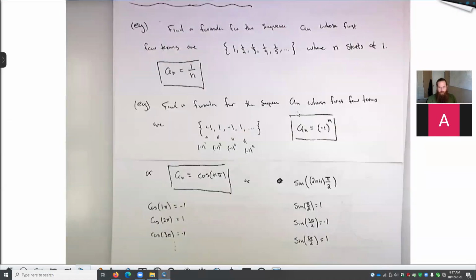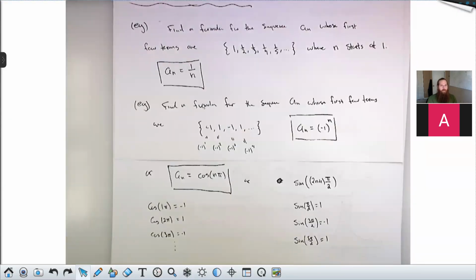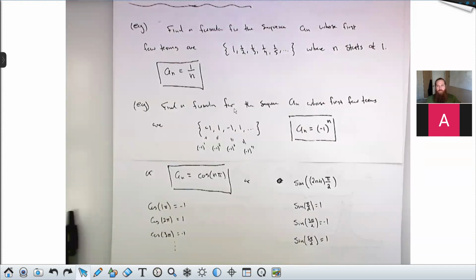So if we are out of time, and we are, then we will pick it up here on Wednesday, right? So finding formulas, detecting patterns, this is sort of the first thing you need to be able to do with sequences. But the main thing we're going to be doing is taking limits of sequences. So we will have a new concept of convergence that we apply to sequences, separate from the concept of convergence for integrals. And we'll talk about some theorems that guarantee the convergence of a sequence. After we're comfy with sequences, we're going to introduce series, which are like integrals of sequences, really. That's the best way to think of a series. But it's going to be a little bit before we get to that.